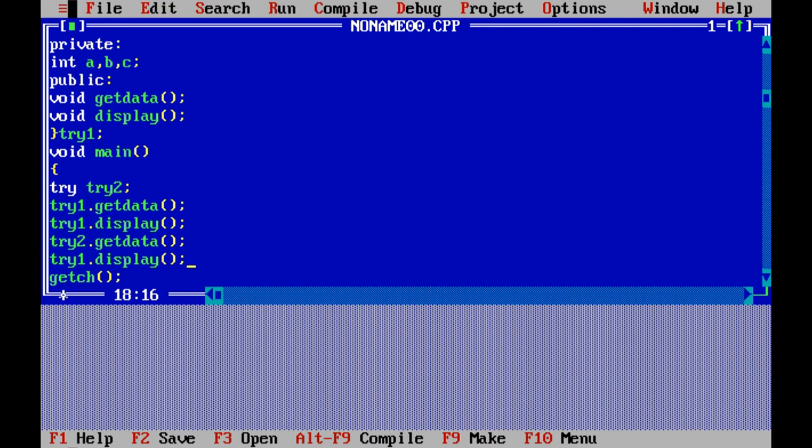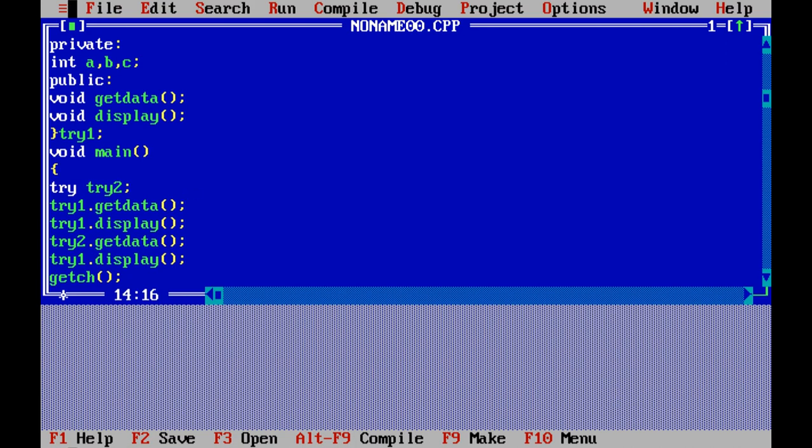So I am extending the scope of the variables inside the class. If I wanted to extend the scope of a variable or a function from inside the class to outside the class, I must use the scope resolution operator before the identifier name, before the function name or the variable name. So this is how you must access it.